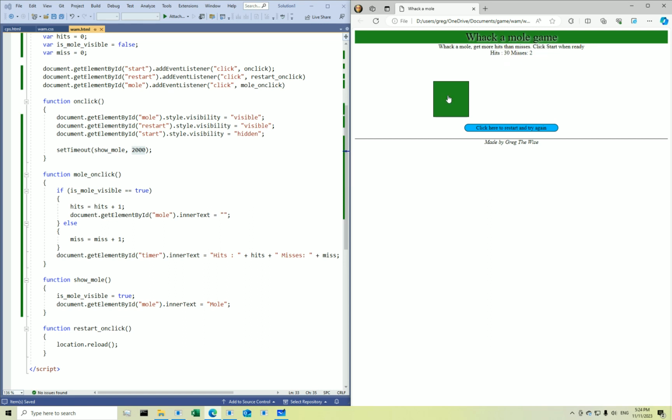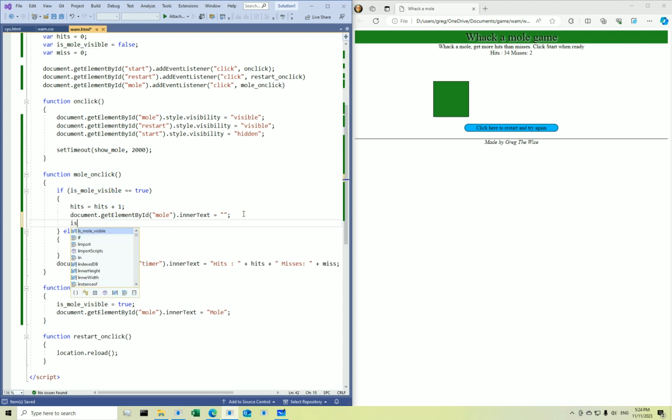Why is that? Well, let's think about it. How do we know that a mole is in this box? We know this by checking this variable, is mole visible. So when we remove the mole, we probably should set this variable to false, right? So why don't we go here and say is mole visible equals false, semicolon, save,